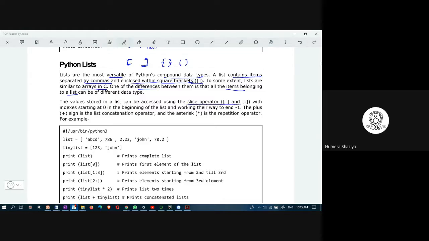This is the slice operator which we learned while discussing strings. The same thing applies here. The index begins at 0 in the beginning of the list, and working their way to the end, it is -1. From the end, it is -1. Plus is the concatenation operator. Asterisk is the repetition operator.